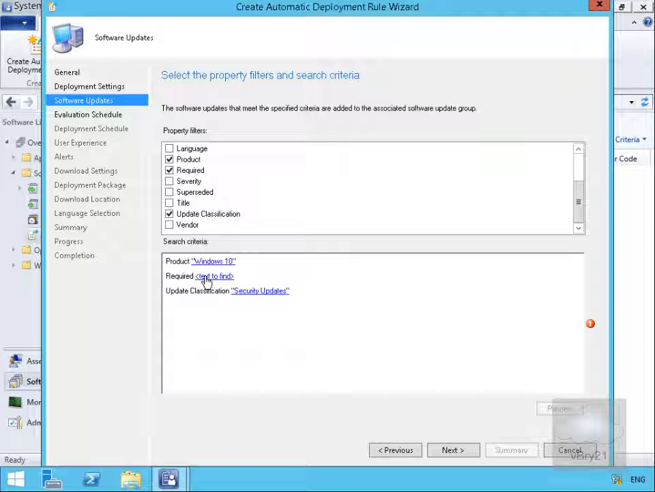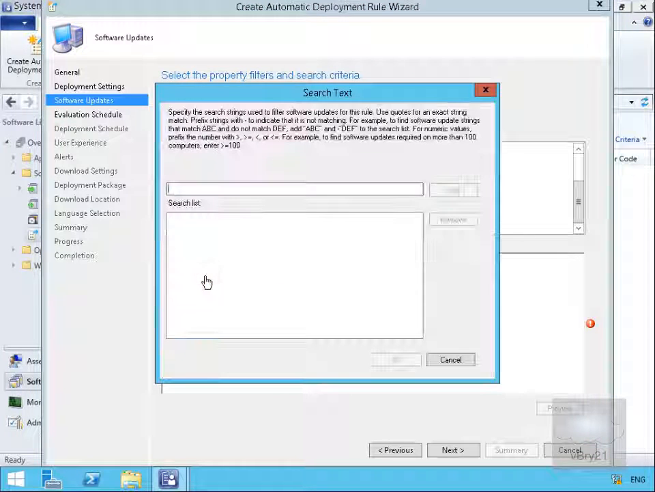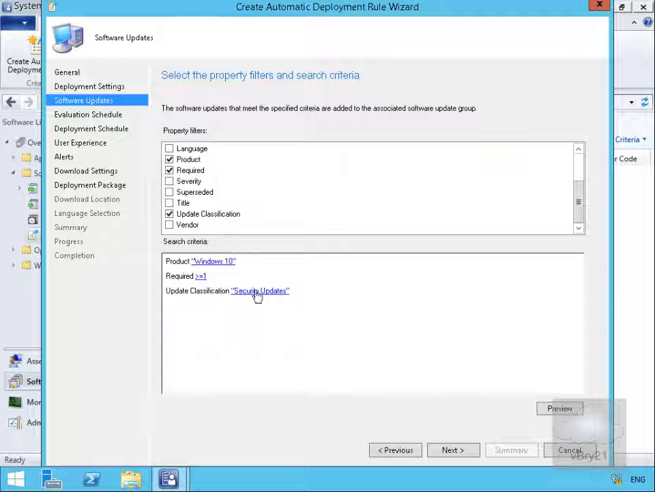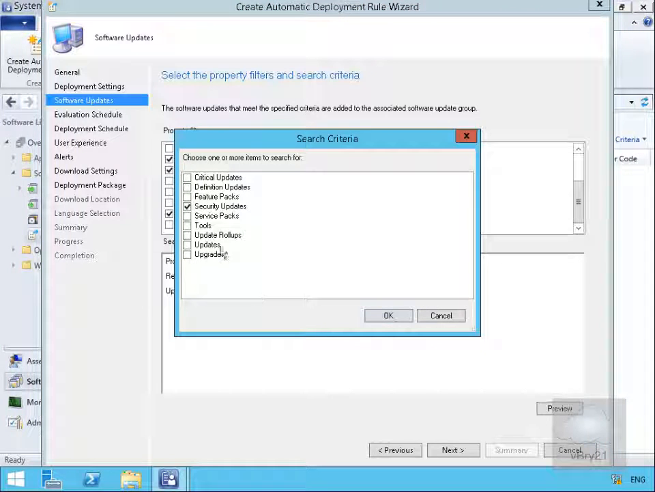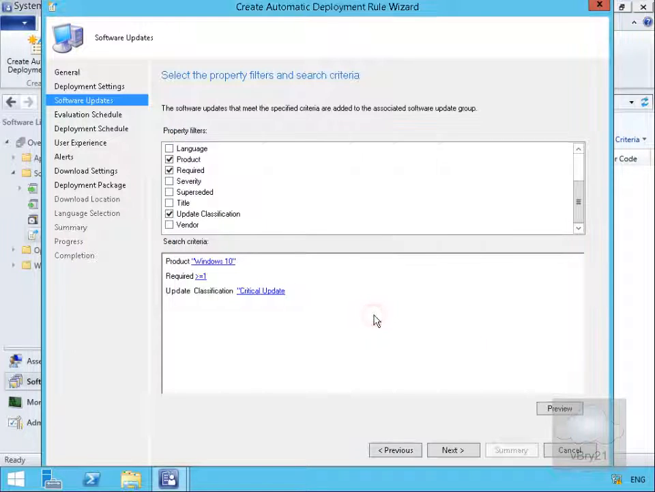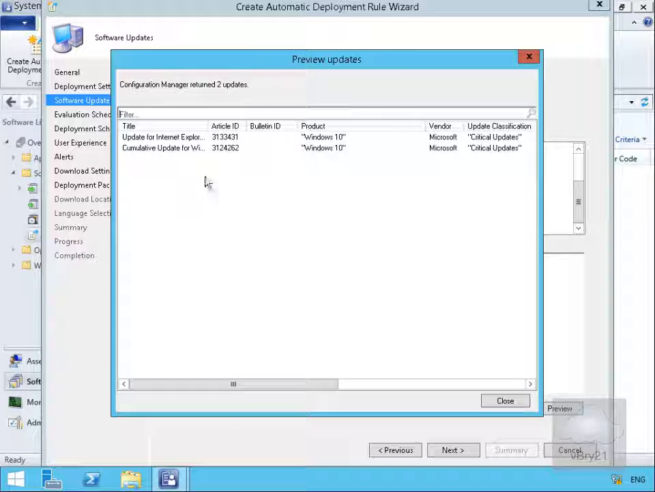Then what we've got is required at this point here. So what we'll do at this point is turn on our little tick here. We'll do greater than or equal to 1. We'll add that in there, and we'll select OK. And in the case of our update classification, we currently have security updates, but what we'll do here is modify this to be critical updates, and we'll select OK again. We'll select our preview button, and this shows us that we've got a couple of updates that we're going to add to this automatic update. So we'll select Close,